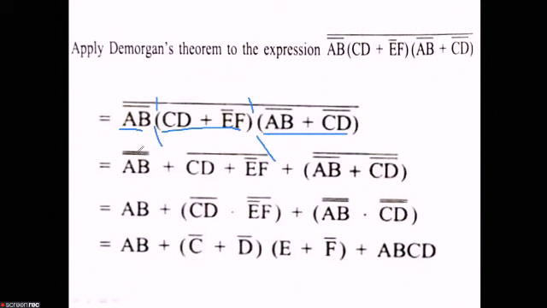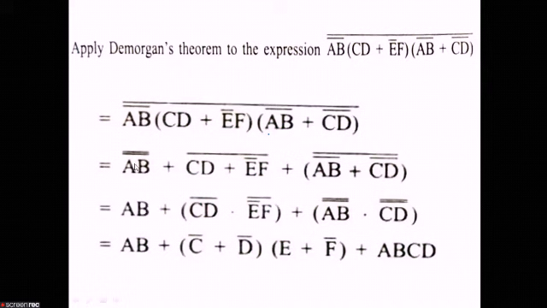Now break the line. This A double bar is there. This is the dot sign, it is becoming plus. Again, this is coming like this because CD plus of E bar of F. Then there is a complement, that is, a bar is there. Again, this dot has changed to plus. Then AB bar plus of CD bar. Then again there is a whole bar, because this bar has been broken and come here. Next, just look here how this has been broken.